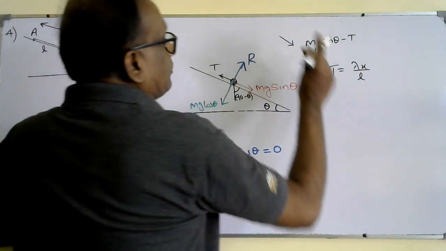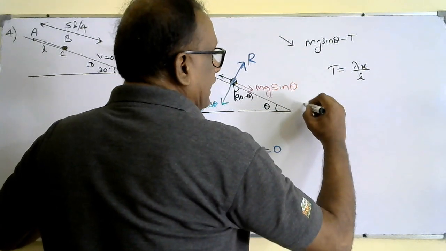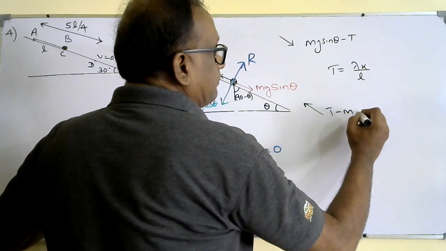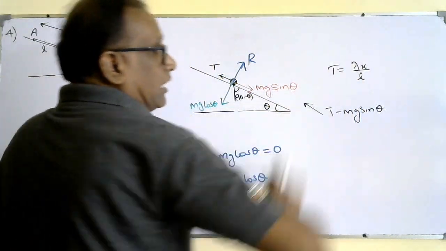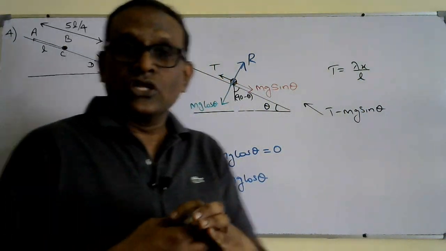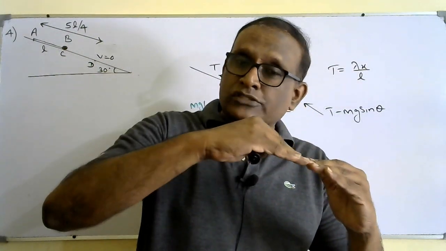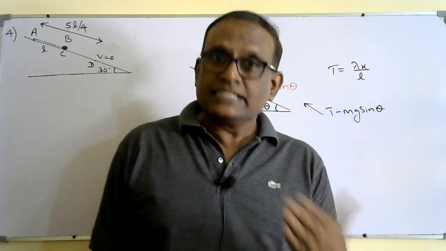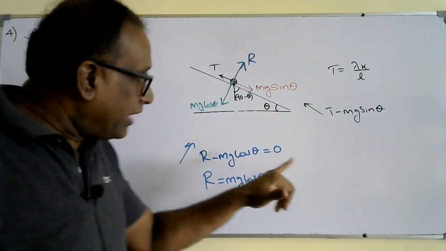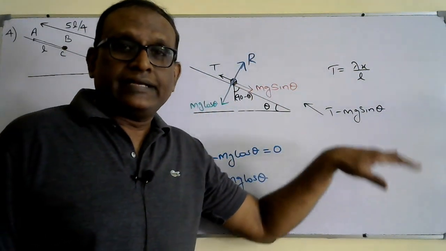The resultant force will become upwards because T is greater than mg. So T minus mg sin theta will act in the upward direction. So the ball will have a resultant force opposite to the direction of motion, which means the ball will start to decelerate. When the ball decelerates, the speed will gradually decrease, and finally there will be a point at which,